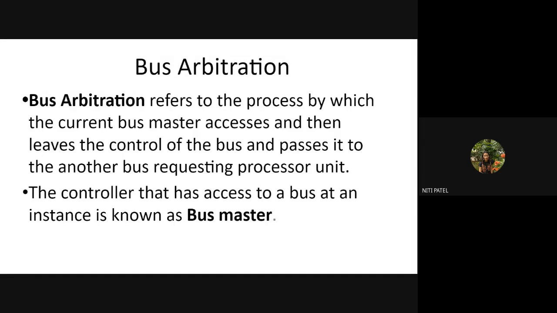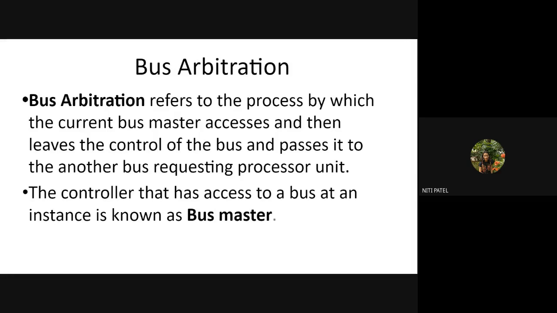So the next topic we'll be doing now is the last topic, bus arbitration. Now, what do we mean by bus arbitration? If you have seen the system, it has a control unit, different read and write lines, address lines, data lines, a processing unit, a memory unit, etc. Whichever instruction wants to execute will take one address bus, one data bus, one read line, one write line, and it will execute.